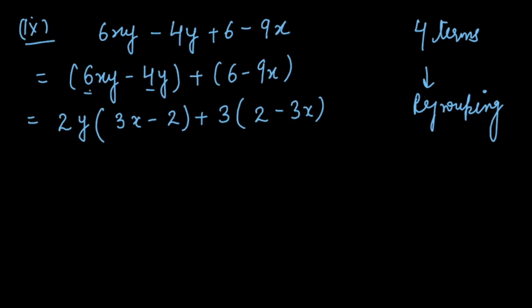Now see the question carefully. Again I am getting 3x minus 2 here. Here 2x minus 3x means the sign with the terms are opposite. So whenever you have the same numbers, same terms, but your signs are not the same, the simplest way is to take the minus common from this, or you can take minus common here also.